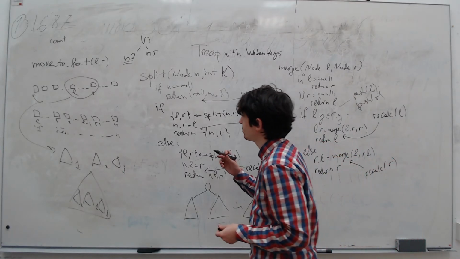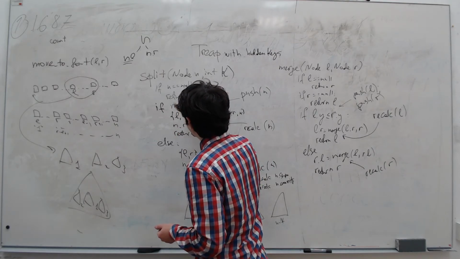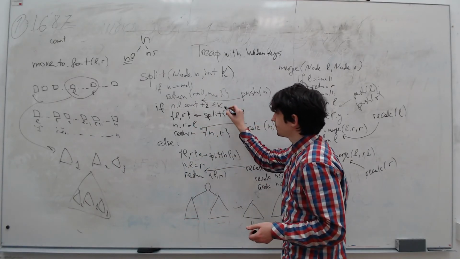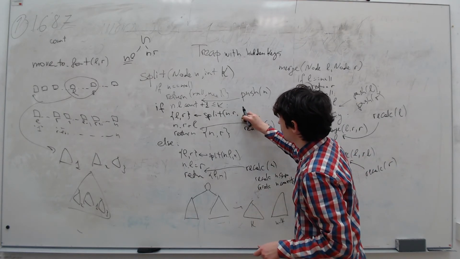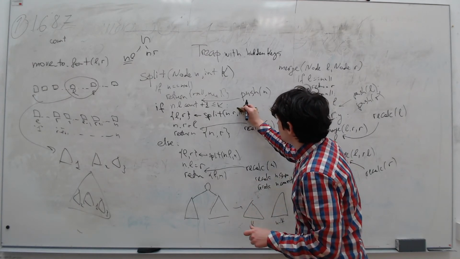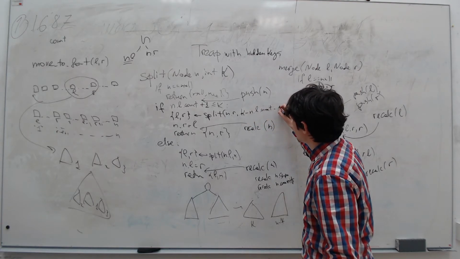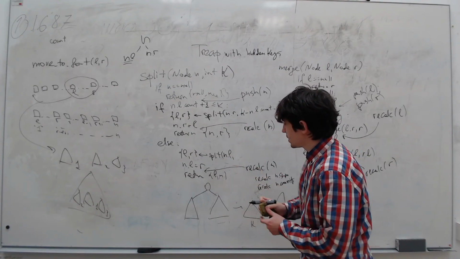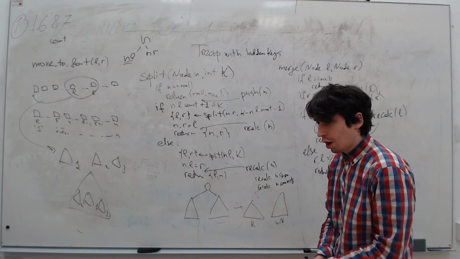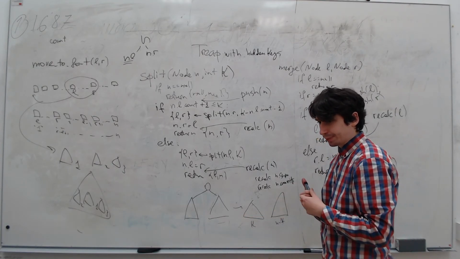Okay, let me write. Probably it will be much simpler for you. So we take n.left.count plus 1. If it is less than or equal to k, then I will ask for k minus n.left.count minus 1. And here I will just ask for k. So that's it. We want to split our tree so that the left tree contains exactly k elements.